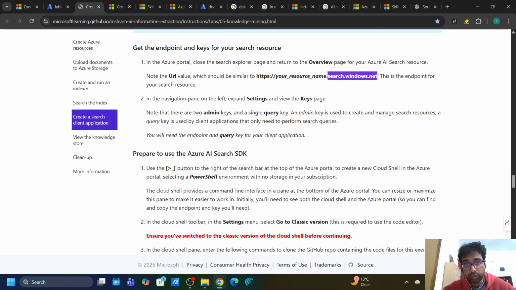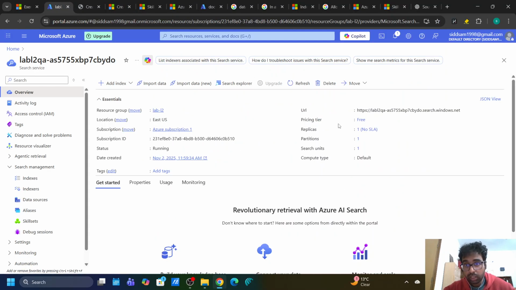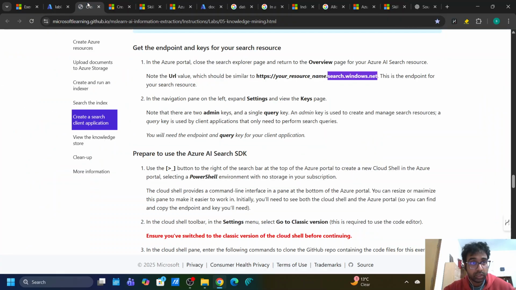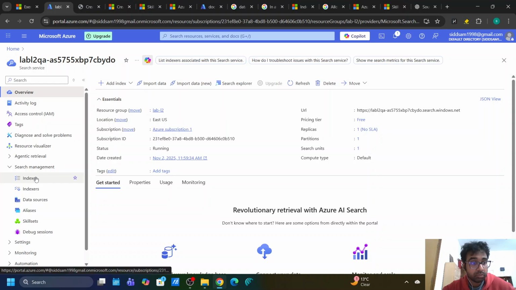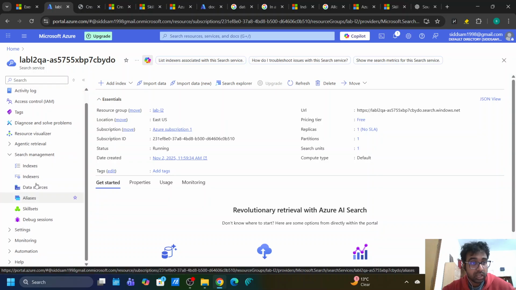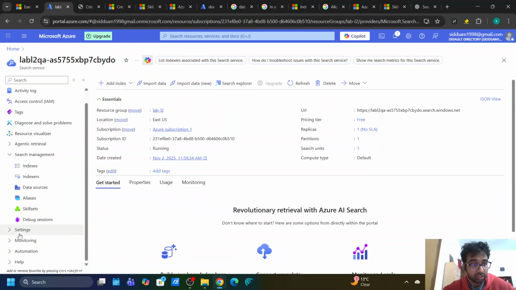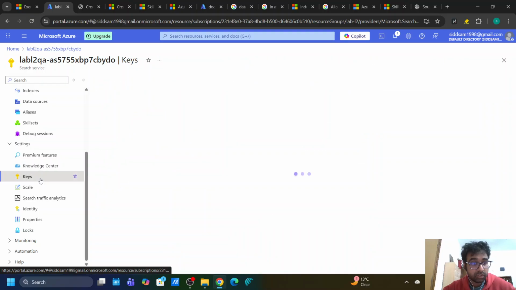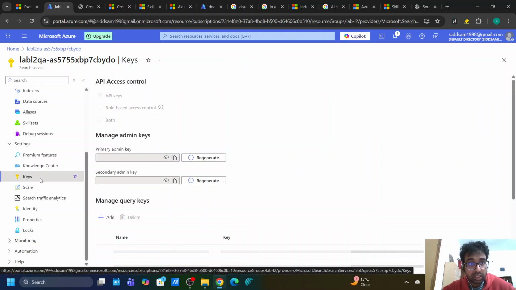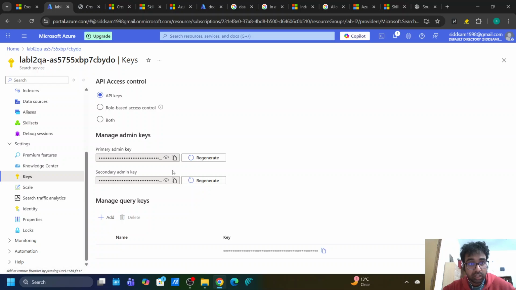search.windows.net. This is the endpoint for our search resource in our URL value, right? Then in the navigation pane on the left, we will see our keys. So if we go to the navigation pane on the left, we have to go to our settings. In the settings, there is an option for keys. We will click on keys, and here you will see there is a managed admin keys and there is managed